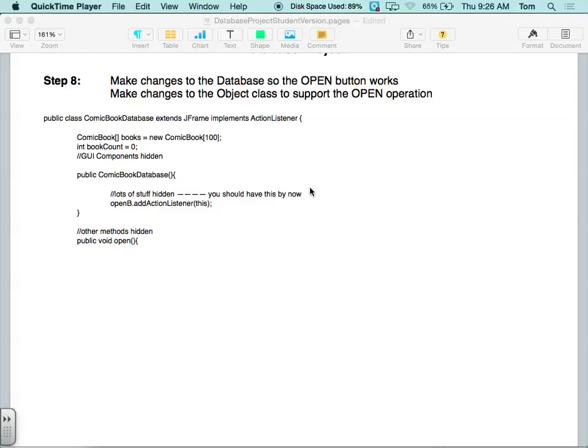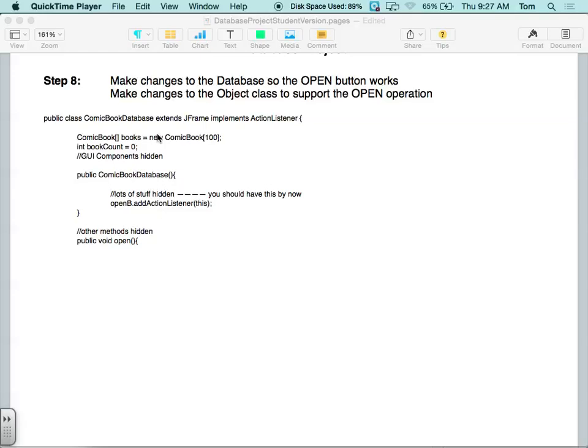Yesterday we talked about saving a file, and we're saving the records from our database to a file. So today what we want to do is talk about how we then open that file and get the stuff that we saved into our list so that we can edit it, add to it, remove it, whatever we want to do with it, but we don't want to start fresh every time that we run the